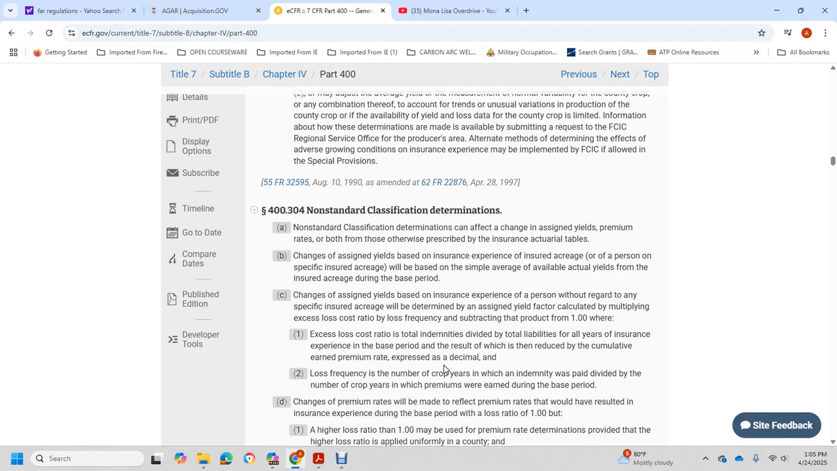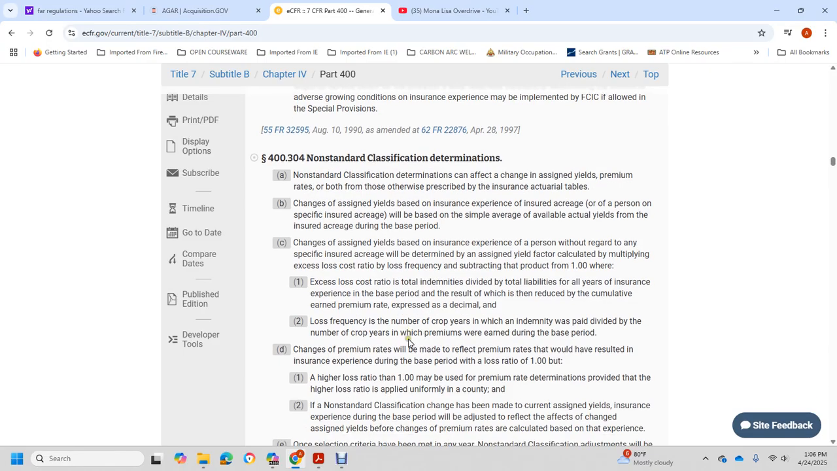by multiplying, except the loss cost ratio of loss, of the frequency subsequent with the production in 1.00 yearly, where except the loss cost for the ratio of the total determined, the derivative divided with the total liability all year, with the interim of the extreme of the base, for the result reduced with the cumulative earned premium rate, expressed as a decimal loss rate with the number of the crop that you would identify with the pay, divided with the number of the crop that you